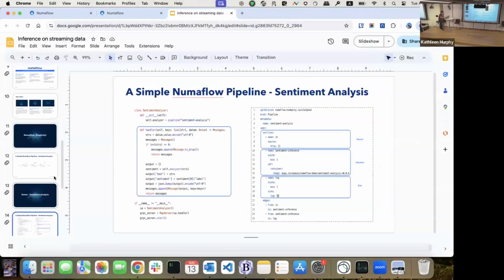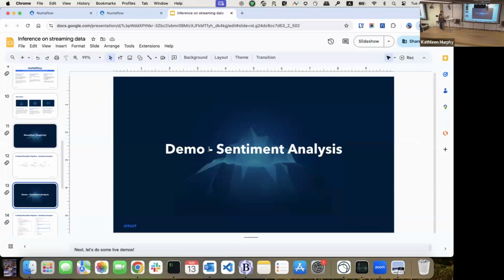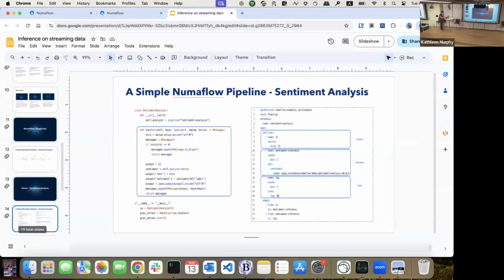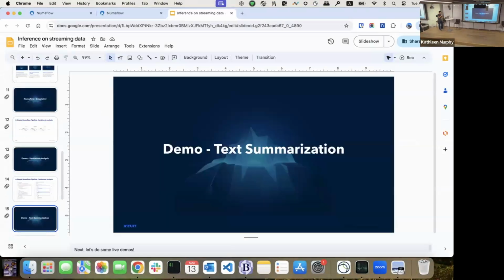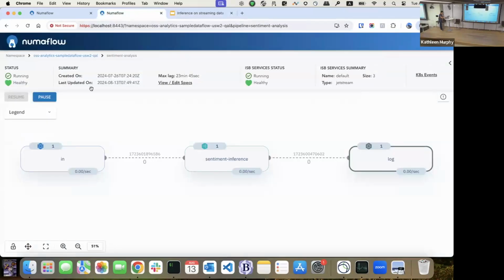And if we continue, I'm going to have a second demo, which is text summarization. The difference from this demo is, in the first demo, we had a quite straightforward line-shaped pipeline doing sentiment analysis. Now for the second demo, I'm going to have some parallel inference. Let's go directly to the UI here.